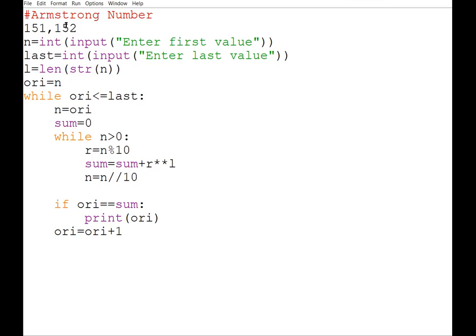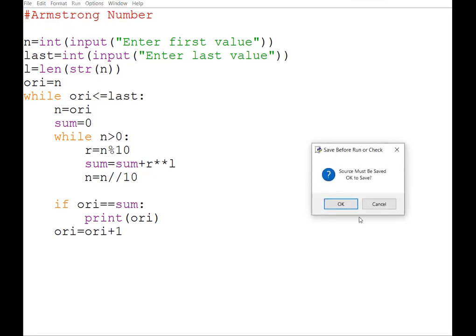Fine. So suppose I wanted to do the sum for 152, again I need to put my sum as 0 first. Then for 152, I will find whatever is the sum of the cubes of the digits. Okay. Then when 153 will come, again I need to make my sum 0. Otherwise, whatever I was having for 152 will be there in that sum. Therefore, I need to change it.